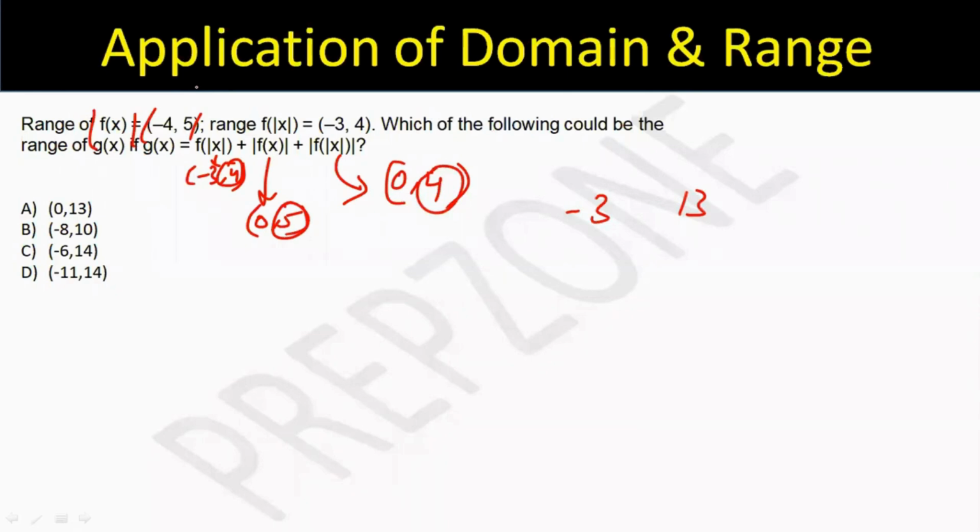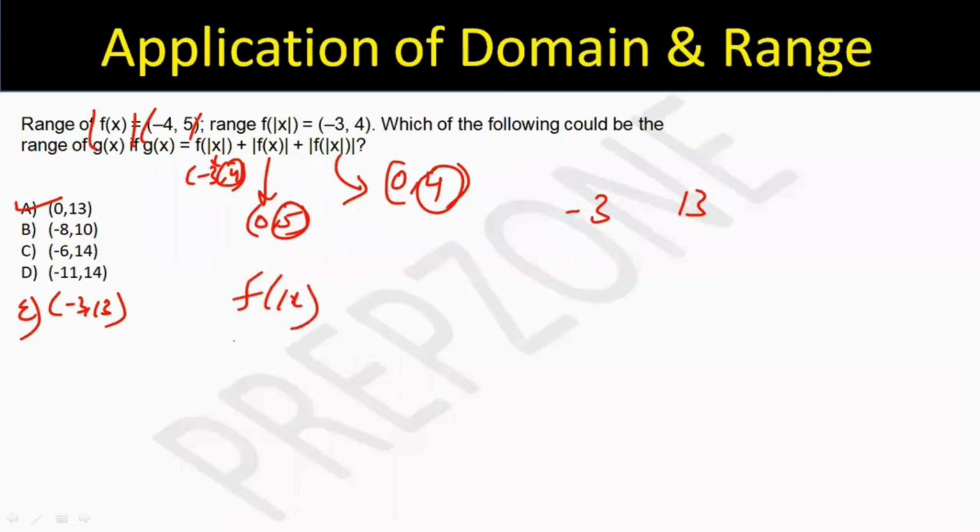So first thing, guys, the options here were quite simple. There's only one option which satisfies this condition. In all the others the minimum is -8, -6, -11, which is not possible. But I think I should have given you one more option, -3 to 13, then it would have been more fun if this is option E. So again, the concept you applied is fine, but one thing to also observe is, see,